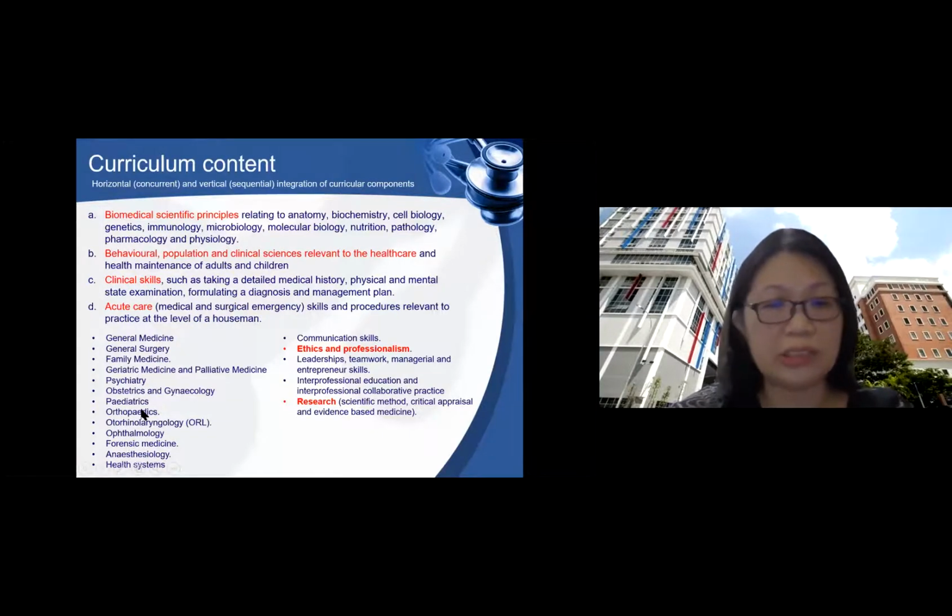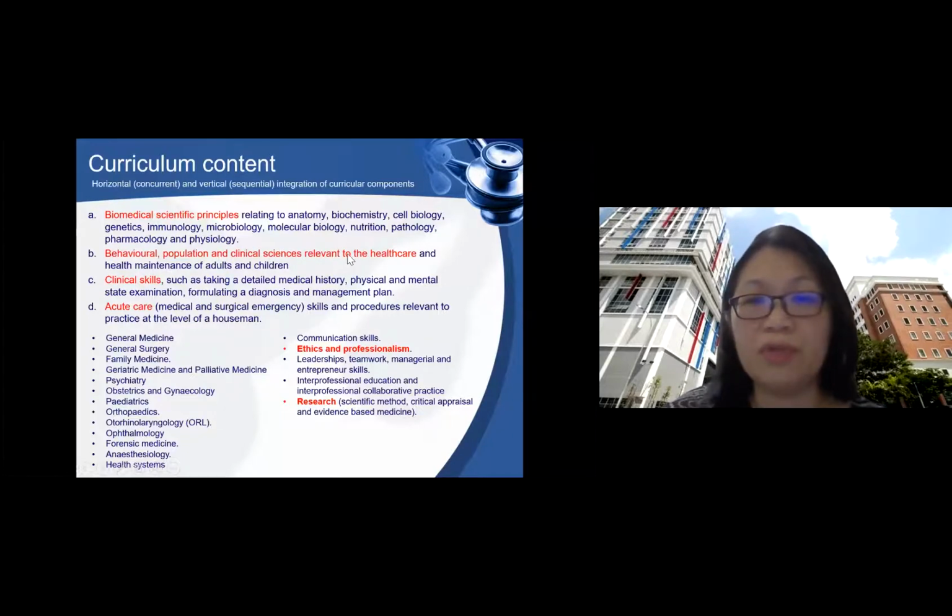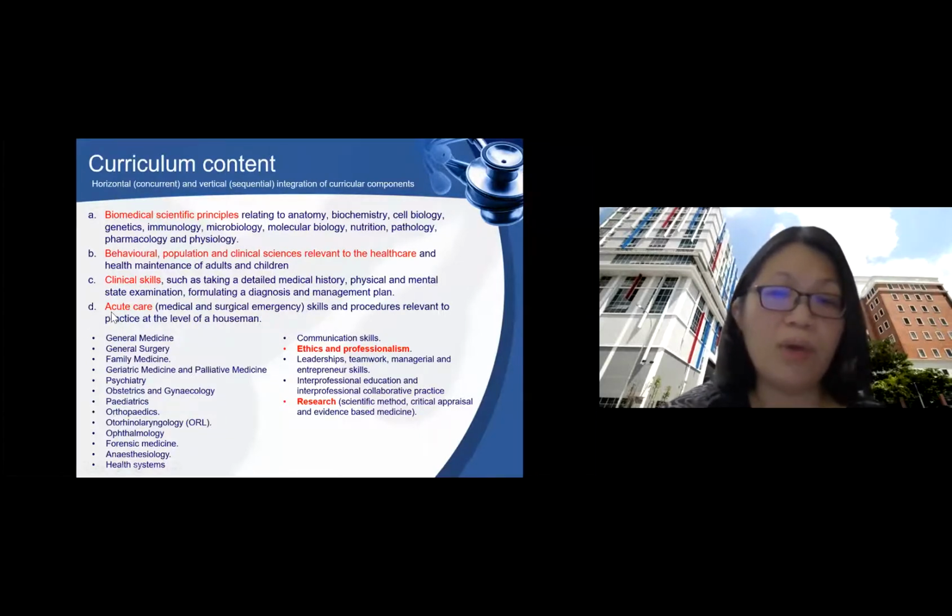acquire all this knowledge listed here, including the biomedical science principles, all the basic medical sciences like anatomy, biochemistry, physiology, pharmacology, and behavioral, population, and clinical science relevant to healthcare, with emphasis on adults as well as children. Clinical skills, starting from medical history taking, physical examination, mental state examination, formulating diagnosis and management plan. Right. So acute care skills are also very much emphasized during the emergency posting. Right. So these are the whole list of medical science disciplines that the student needs to acquire throughout their